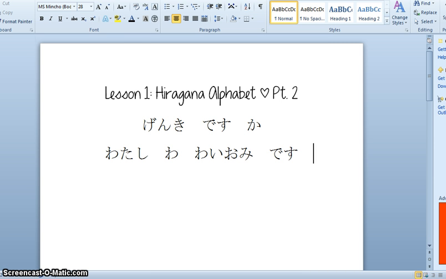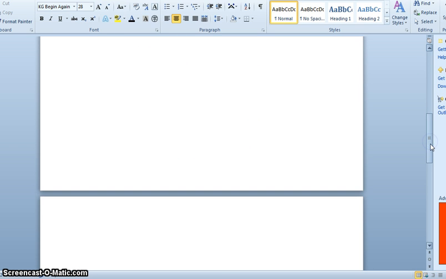Okay, so right here I have a little bit of Japanese writing. This says Genki desu ka, which means how are you, and then this is my name. My name is Wyoming, which is right here. Okay, so let's just go ahead and get started. Now we left off with